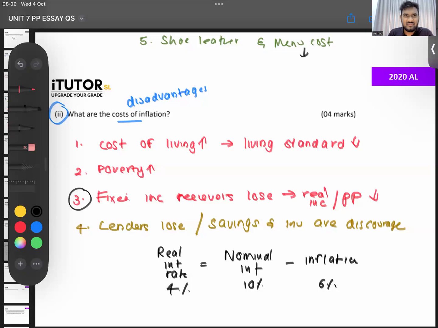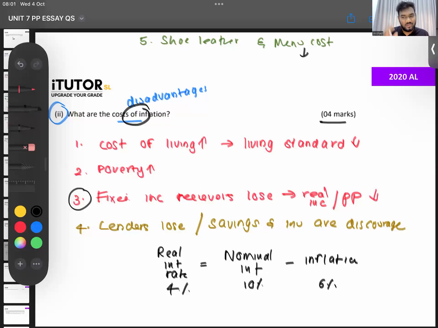Depreciation of exchange rate, you can't give that as a direct effect, Lamai. Just because there is inflation, for there to be a depreciation in the exchange rate, your exports should fall and imports should rise. As a result, only it can happen. So it's not a direct effect, guys. Write the direct ones, right? When they say cost of inflation, you can say export competitiveness coming down. That is correct. But directly saying inflation will cause a depreciation, yes, there is a connection, I agree. But for that to happen, everything has to happen perfectly. So there are more very obvious ones that you can write for 4 marks. Don't skip those and write the others.